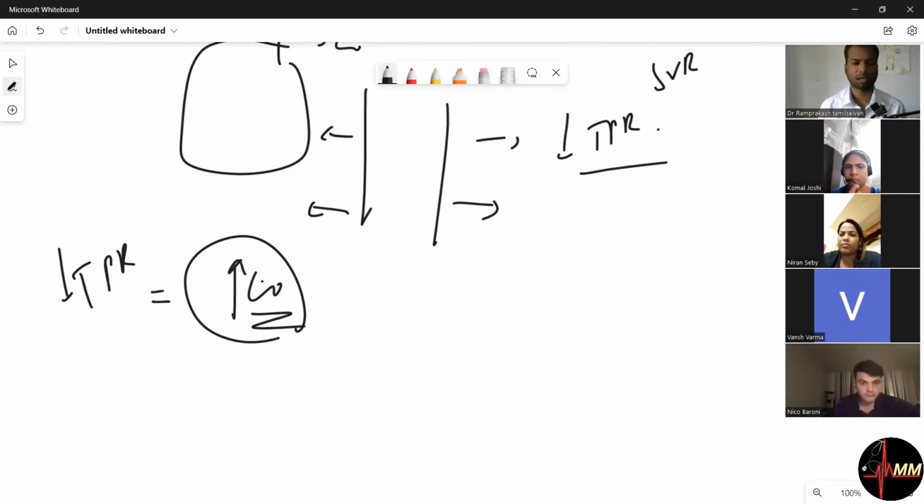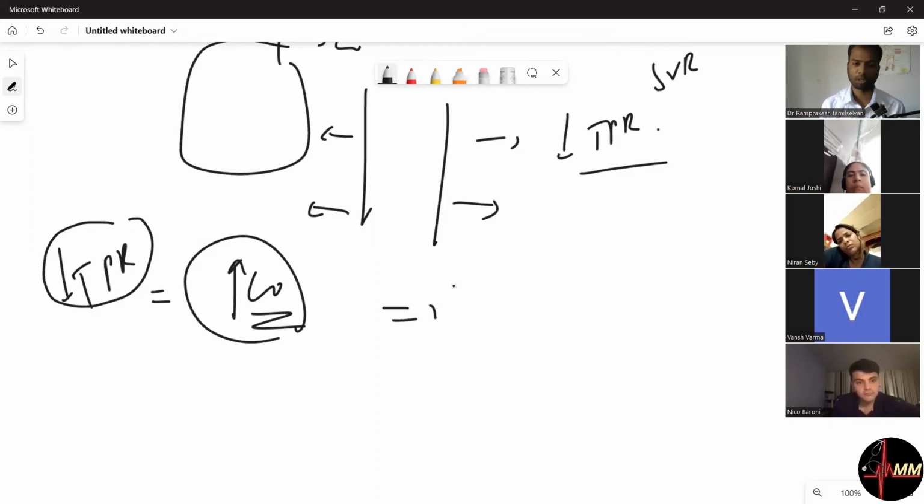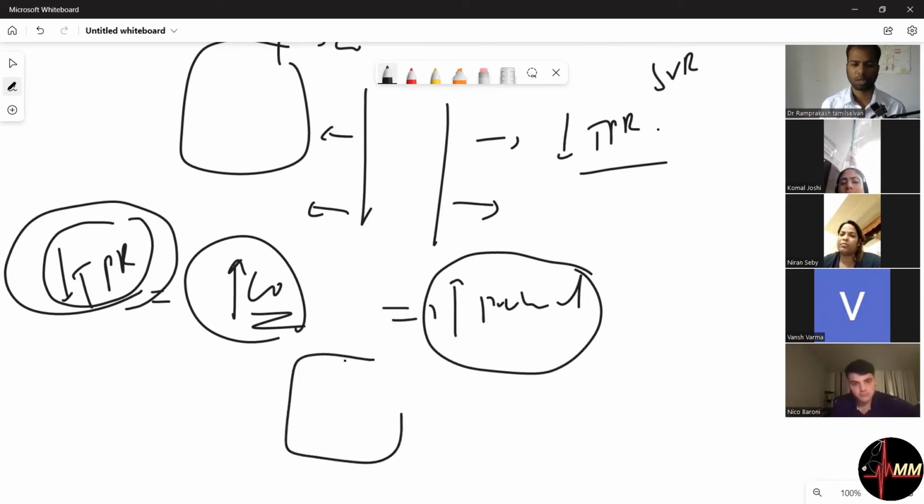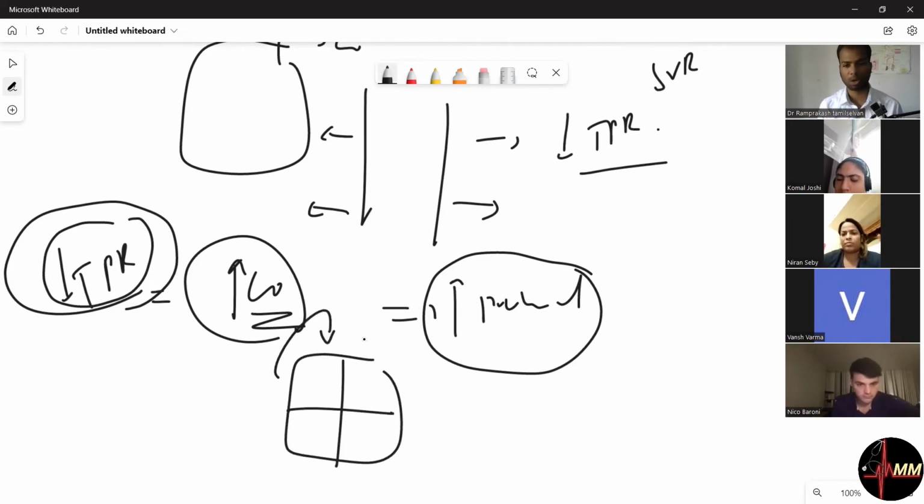Now, why does the heart have to fail in this case? Initially, it won't fail, but over periods of time, the heart can fail. Why? Because this decrease in TPR and increase in cardiac output increases the preload. If there is more blood flowing in the system, there's going to be increased preload. So the heart will not be able to handle that much high preload,